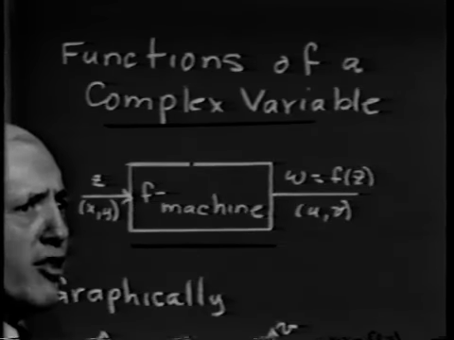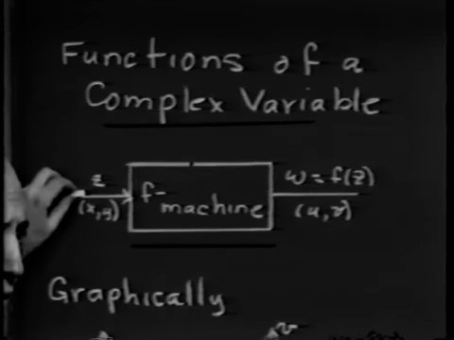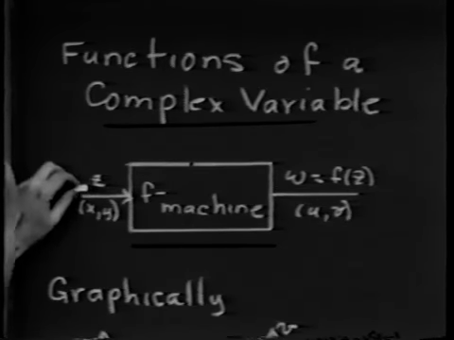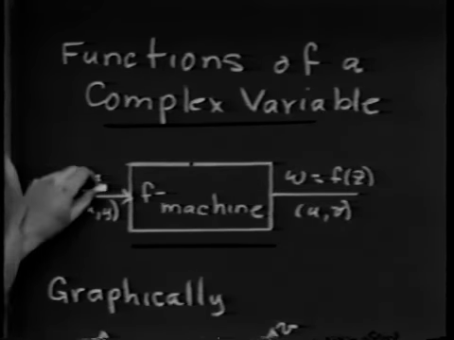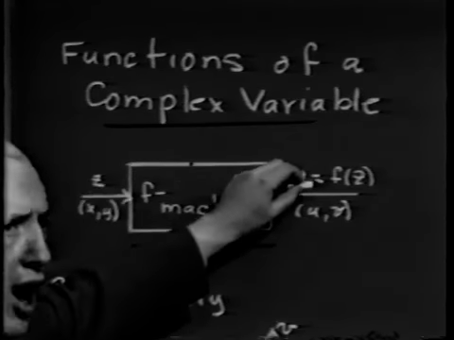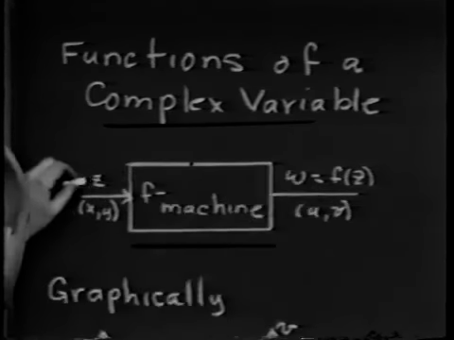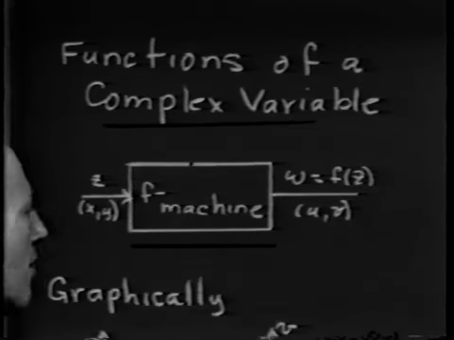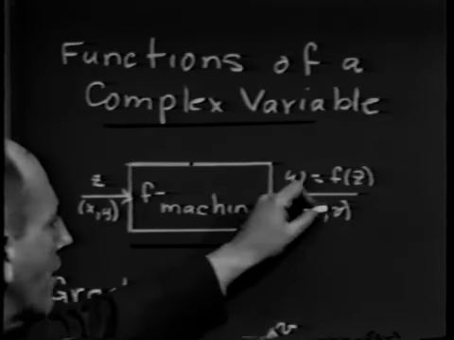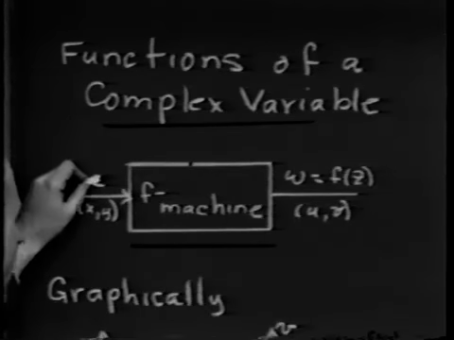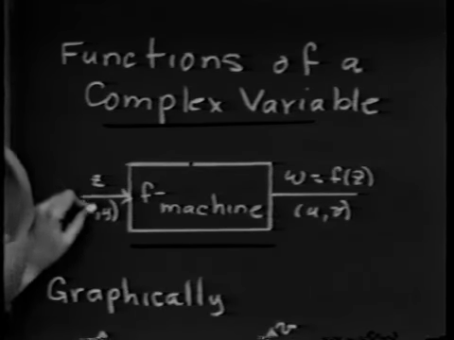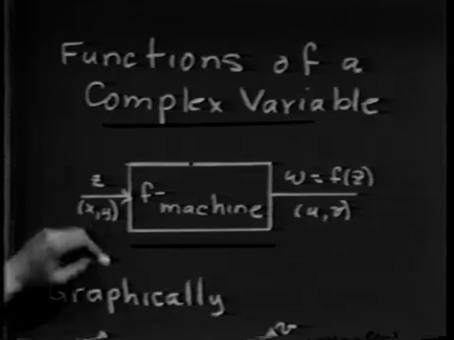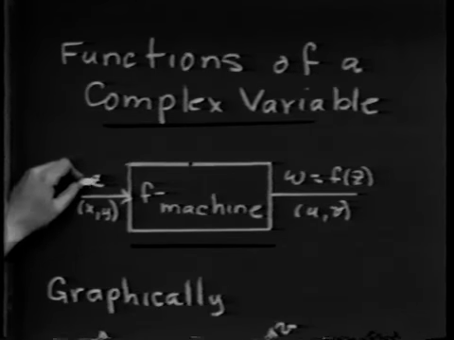By the way, I should mention that there are situations, and we'll cover these in the homework exercises, where one sometimes likes the input to be a real number and the output a complex number, or the input a complex number and the output a real number. But for reasons that I hope will become apparent in a moment, we're going to focus our attention on the case where both the input and the output are complex numbers,